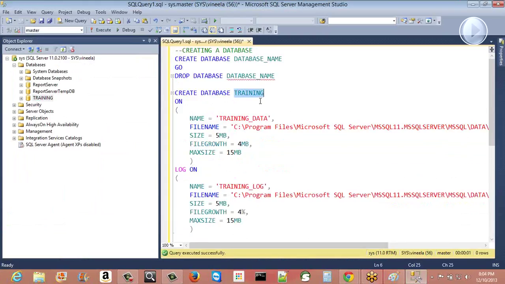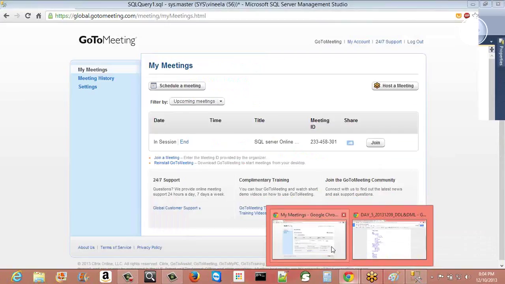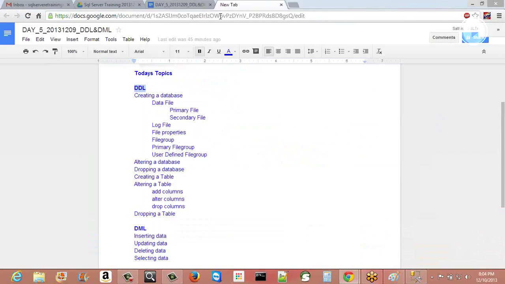And then let's say I want to drop it. So drop database and database name. You have dropped it. Once you do, you don't have to remember all this syntax. The beautiful thing about Microsoft SQL Server is